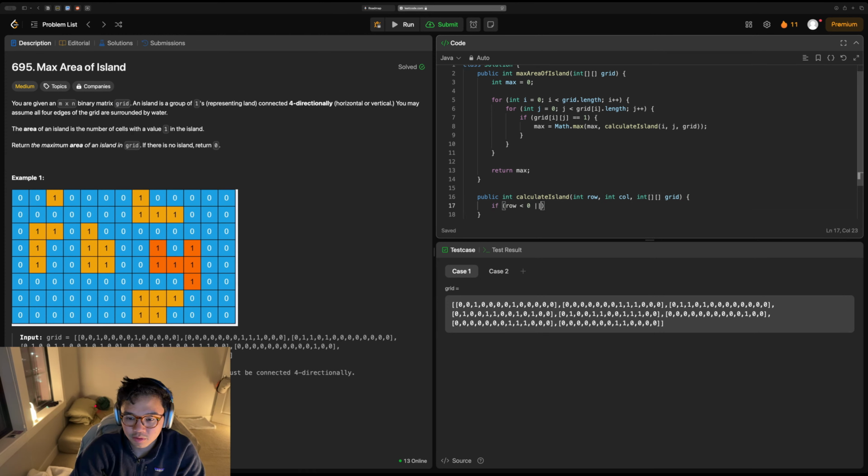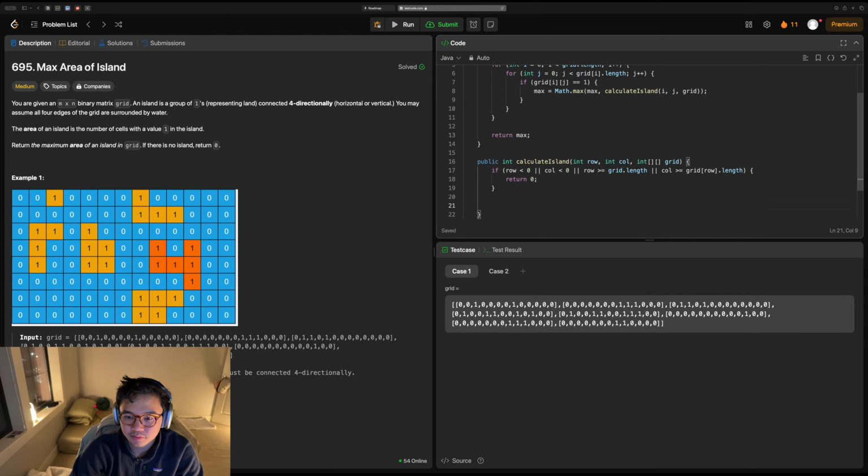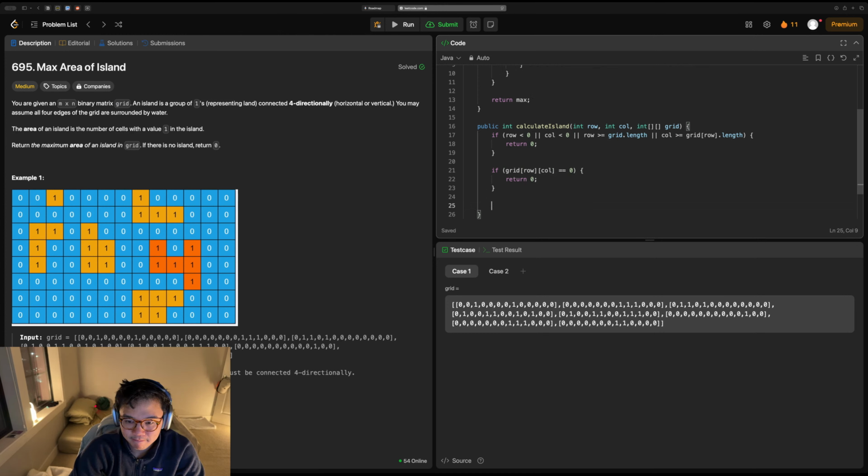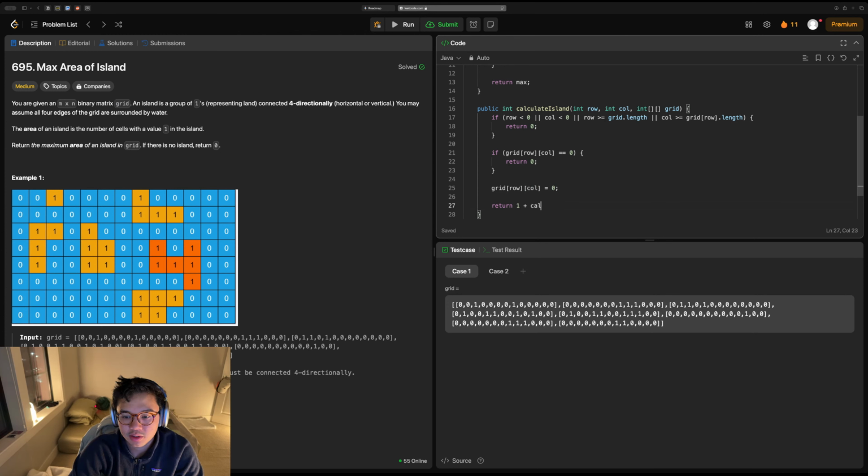If the row is out of bounds or the column is out of bounds, we're going to return 0. If the grid's current coordinate equals 0, we're going to return 0. Then we make the current coordinate 0, and we return 1 plus